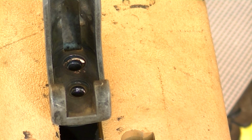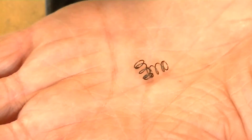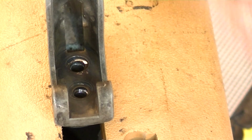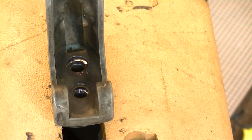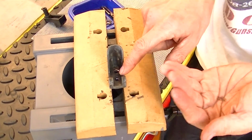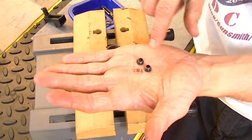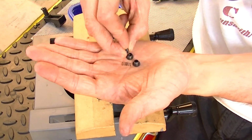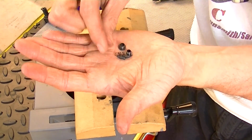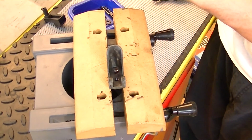Here in the Derringer, I went ahead and got some new springs. I actually didn't fabricate these springs. These I ordered specifically for the Derringer. They were just a particular size that I wasn't able to come up with something that was going to be right. So what we're going to do to put these firing pins back in, I blasted and cleaned that up, and we've got our firing pins: two firing pins, two springs, and two plates. Springs are together here. I'm going to set one of each of these off to the side,